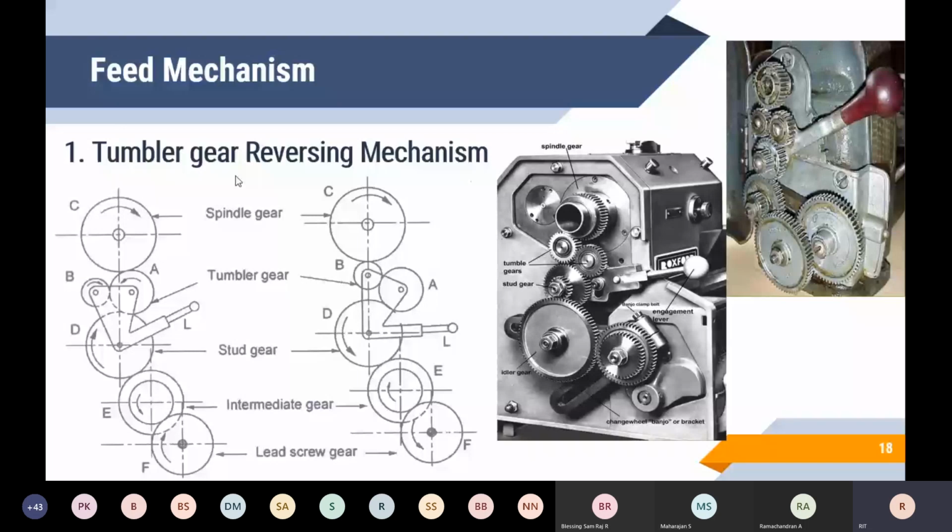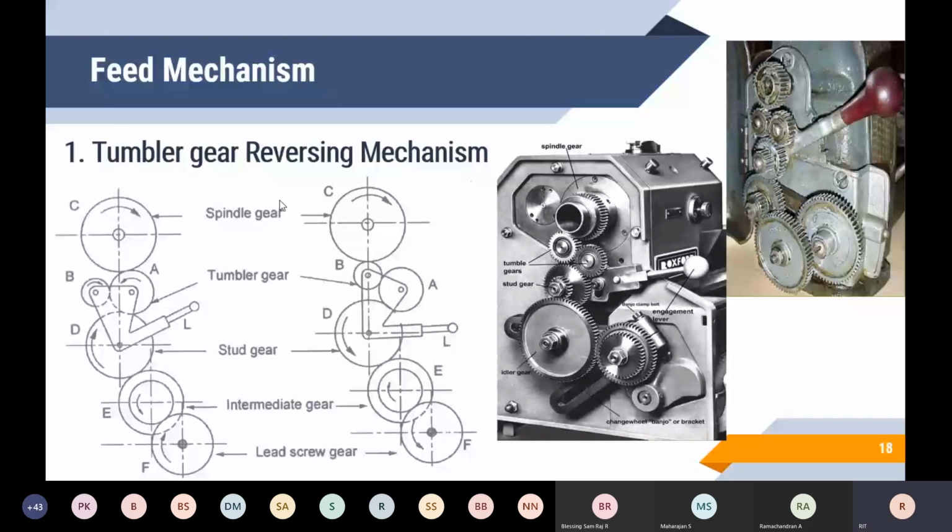So with the feed mechanism, if the lathe has some problems in the carriage at the time of machining, you have to check the headstock also, because they are purely interconnected. These types of feeds can be given to the lathe tool: longitudinal feed, cross feed, angular feeds. Those are the types. The main mechanisms inside the feed are nearly three types: tumbler gear reversing mechanism, tumbler gear quick change gearbox mechanism, and Apron mechanism. We'll see them one by one.